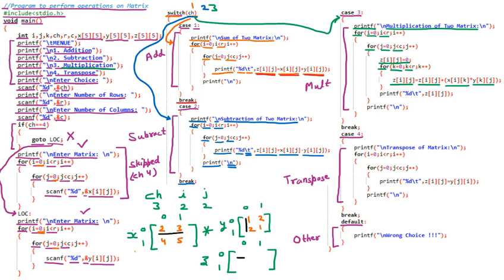You can see how I will multiply. It will be multiplied like 2 into 1. So this 2 is multiplied with this 1, plus 3 into 2. So the sum: 2 into 1 is 2, plus 3 into 2 is 6. So 2 plus 6 is 8. 8 will be the first element here. So this way we are going to get the first number.